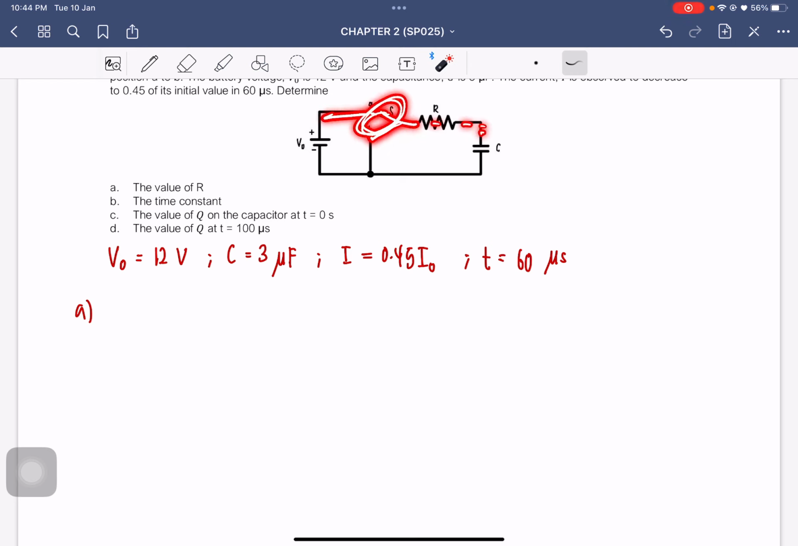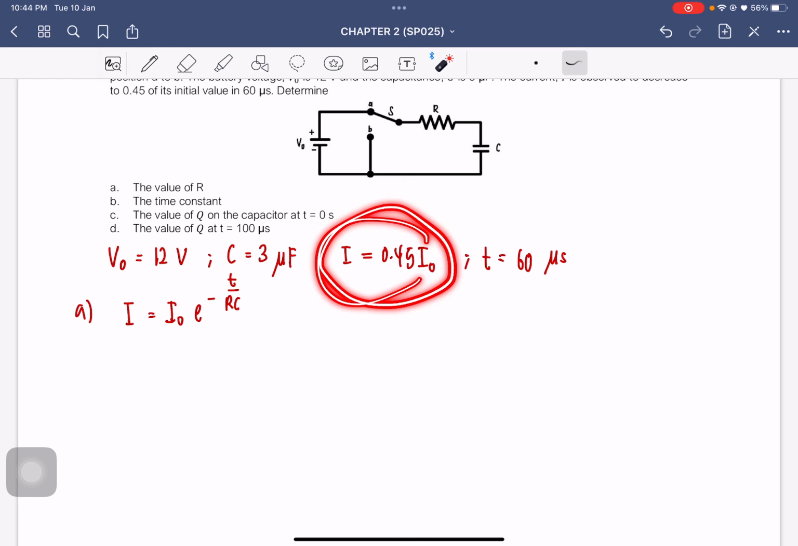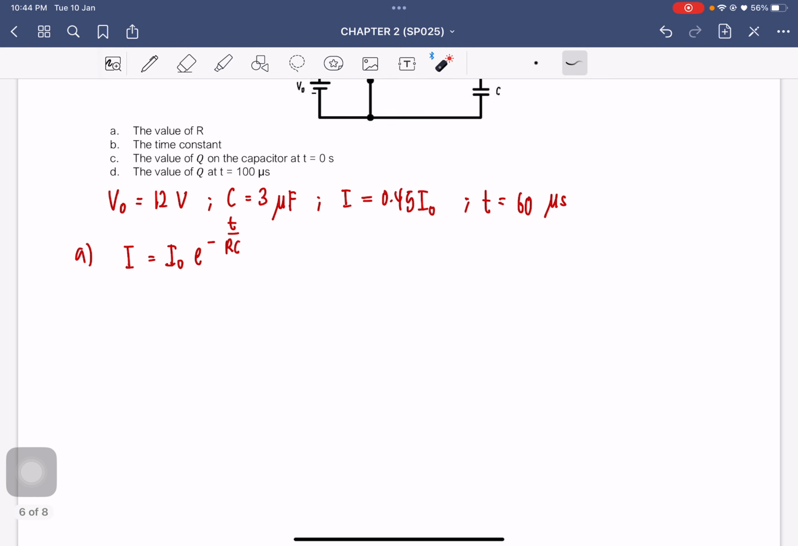Dia ada putus di sini. Macam tu lah. Okay. So sekarang ni, this is a discharging process lah. So we are gonna use I equal to I naught e negative t over RC. Kenapa tidak guna Q? Kenapa tidak guna V? Because we only have the information of current yang kita boleh apply dalam this equation. Okay? Dalam this situation. So I is 0.45 I naught, this is I naught, this is e negative